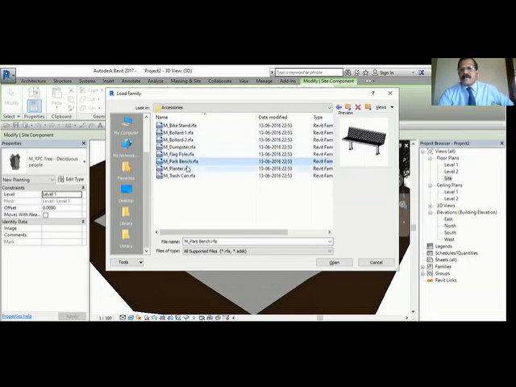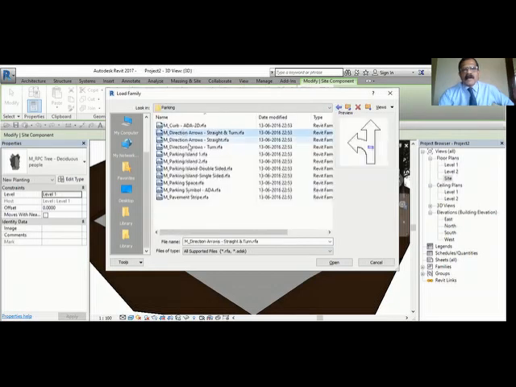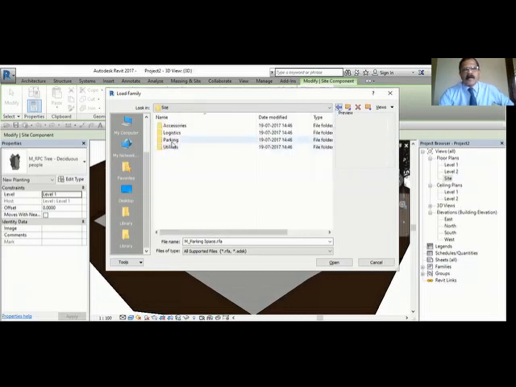So many things are there. Bench, park bench, planter tree, trash. So many things you can bring here. So an RFA file, you can bring whatever you want. If you go to parking, there are different types of parking, marking, and other things. You can bring that one.